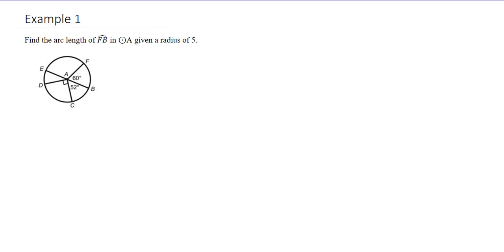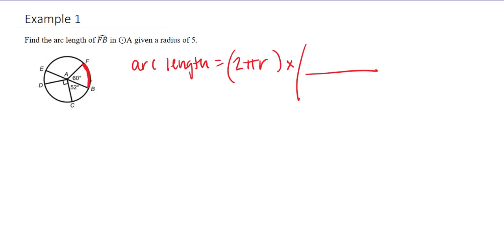Example 1. Find the arc length of the arc FB in the circle A, given a radius of 5. So we're looking at right here. We're finding this arc length. So how do we solve? Arc length is equal to 2 pi r times, well, we're doing the arc measure of arc FB